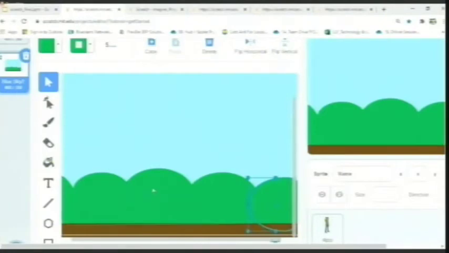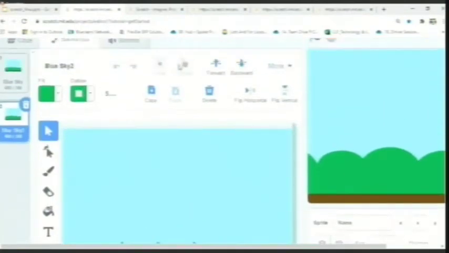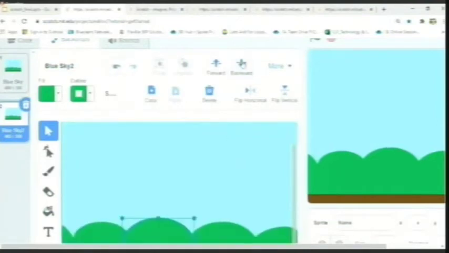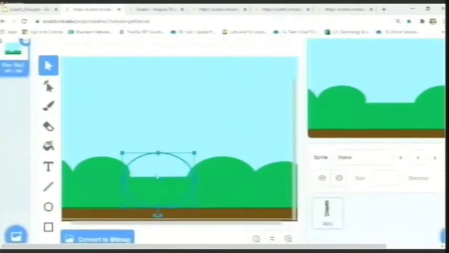So what I'm going to do now is click on this particular bush and change it. How am I going to change it? There are multiple options. I can change the color of the bush. I can change the name. I can paste multiple bushes. In this case, I am going to go backward. What does this backward mean? If you can see this, there you go. So I have removed that particular space.